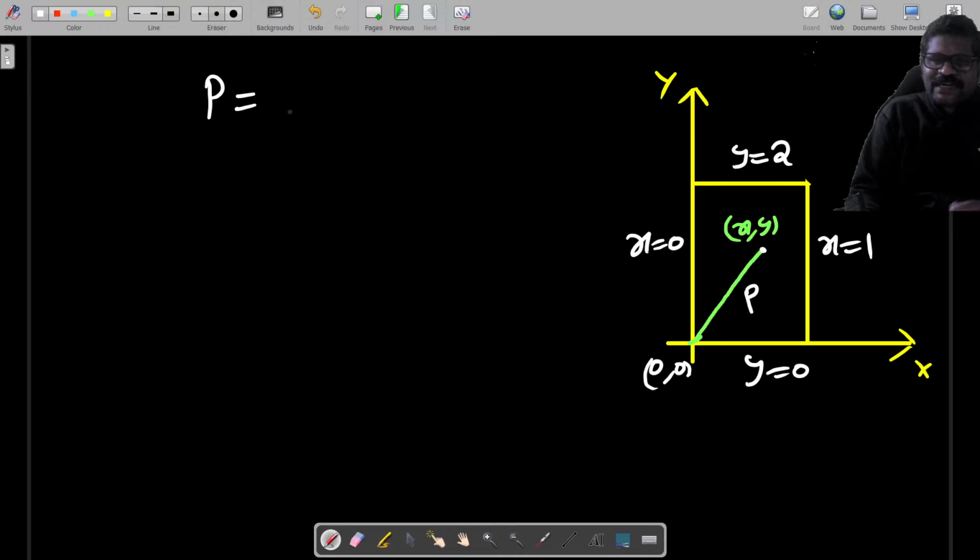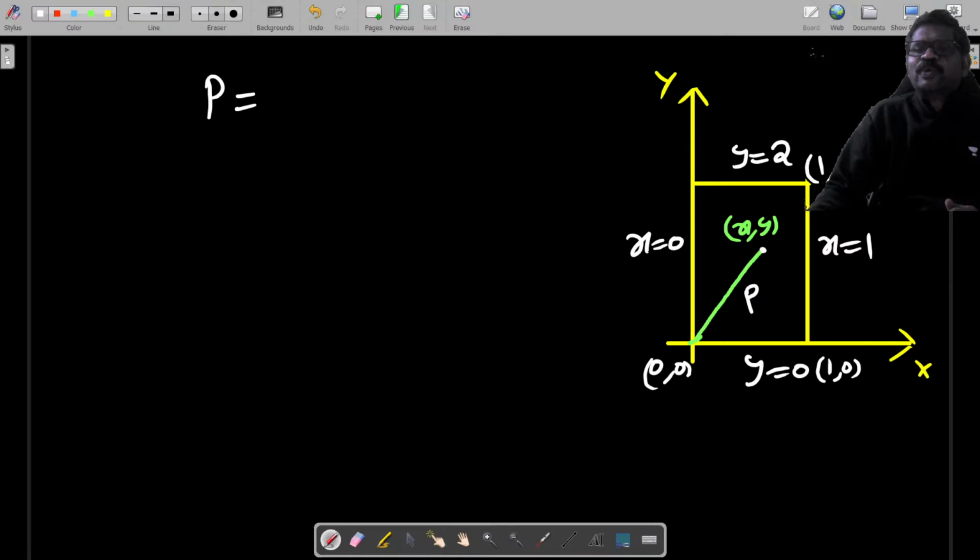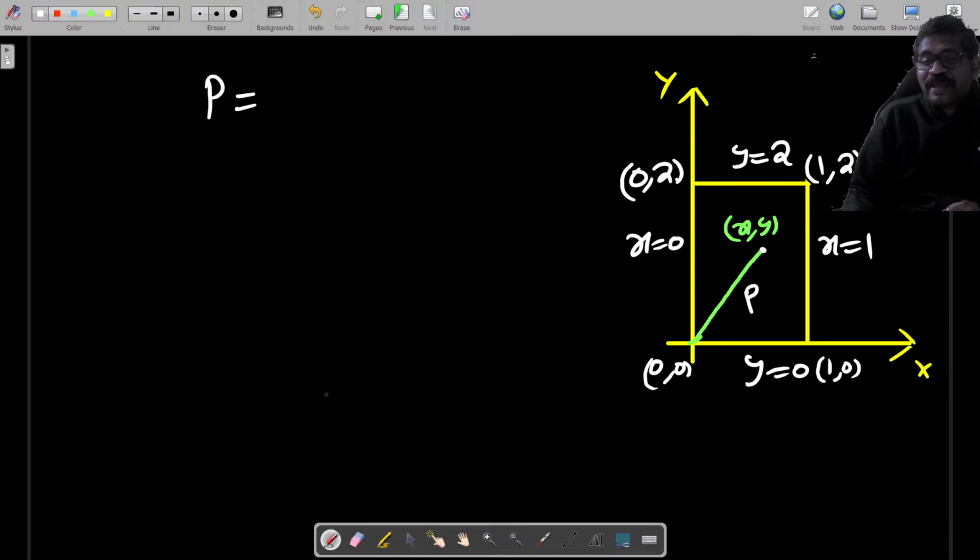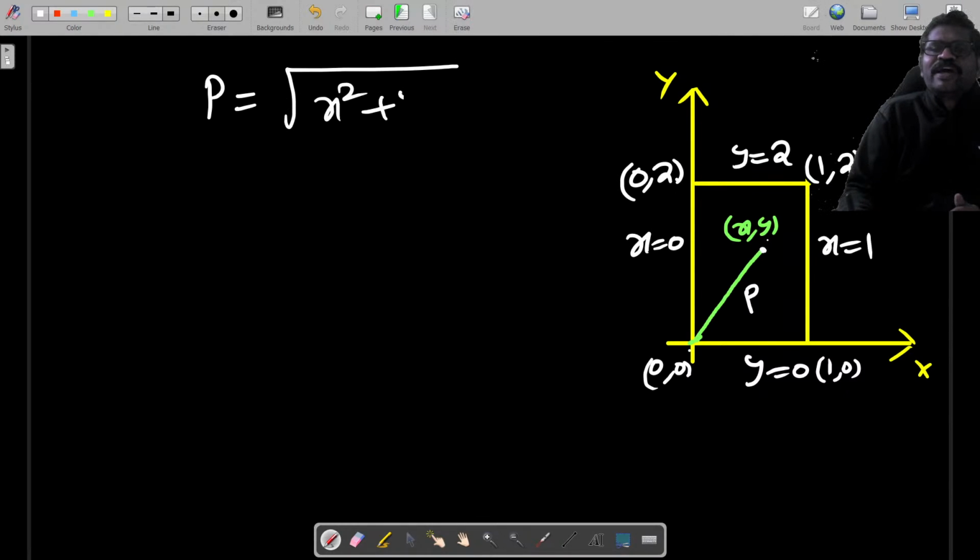The point is selected with uniform probability within the rectangle with 4 corners 0 0, 1 0, 1 2, 0 2. So that is nothing but the rectangle bounded by x equal to 0, x equal to 1, y equal to 0, y equal to 2. Now P is the length from the origin to the selected point x comma y, that is the shortest distance between 0 comma 0 to x comma y, which is square root of x square plus y square,